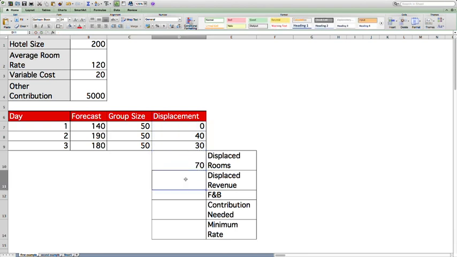My displaced revenue, well, that's just going to be multiplying those 70 rooms times my average room rate minus my variable cost. So it's just going to be equal to the 70, and I'm going to multiply that by 120 minus 20. Or you could just go ahead and have a separate cell that says 100. So they've got 7,000. My other contribution is the food and beverage. So I'm going to be putting in a negative sign here, minus $5,000. And so I need to get at least 7,000 minus 5,000, which is $2,000 in contribution